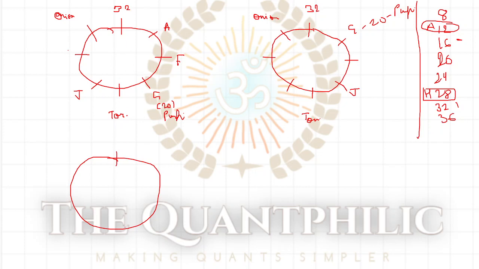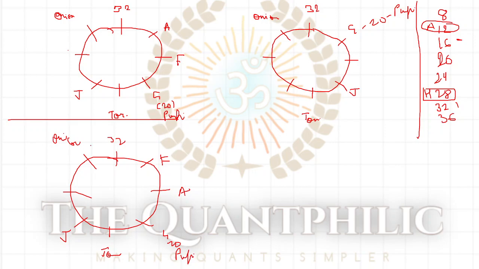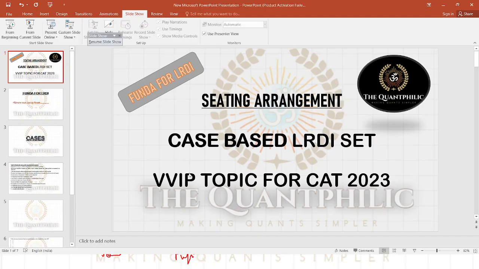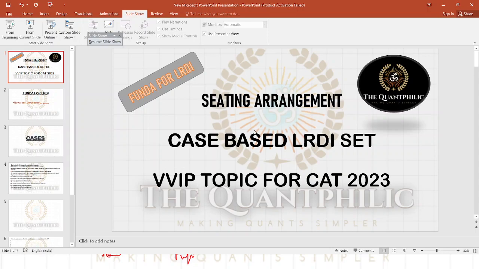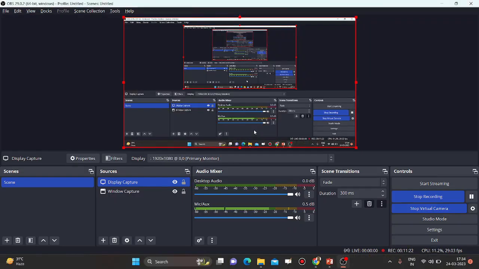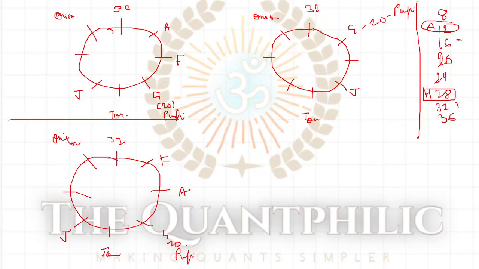This case का सब केस ये है, तो just इसके नीचे इसको प्लॉट करो, और वैसे ही इसके सब केस, जस्ट इसके नीचे प्लॉट करना, ठीक। ऐसे 8 पीपल है, ठीक है। अब इस बार हमने ए को यहाँ ले लिया, एफ को यहाँ ले लिया, ठीक है। यहाँ 32, यहाँ टॉम, यहाँ G20 पम्पकिन, J ओवर हियर, ठीक है। अनियन ओवर हियर। ओके, सो ए एफ यहाँ हो गया, अनियन जी होगा, ठीक है।